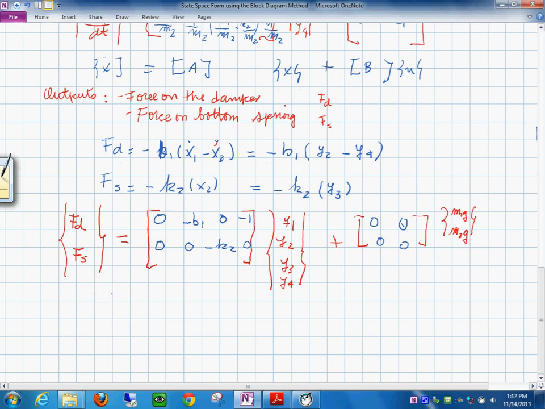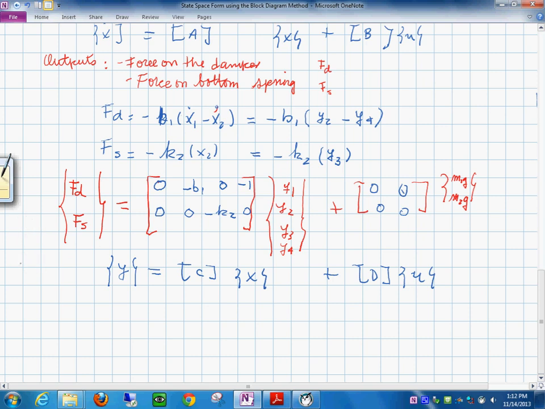What we have done right now is we have created this form that says y is equal to C times the vector X, plus the matrix D times the vector U. So this is the second part of the state space form, this is the general form. We have obtained the C matrix, which is going to be this one right here, and the D matrix, which is going to be this. And with this we have completely completed the state space form